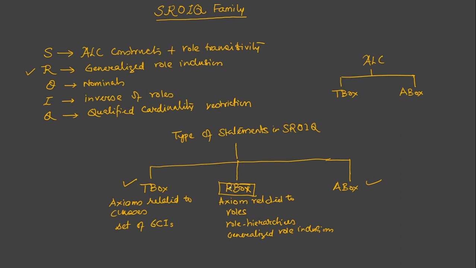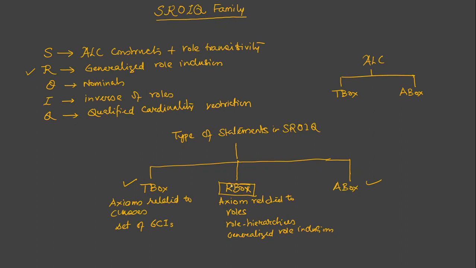But if we allow arbitrary generalized role inclusion, that will make the language family undecidable. And we always want to have something which is decidable, right? So this R box has generalized role inclusion and role hierarchies, but